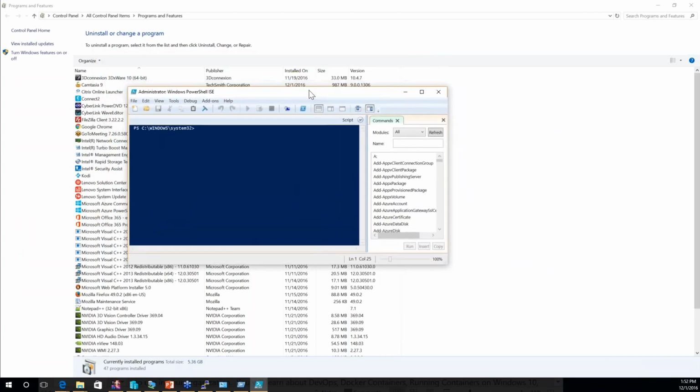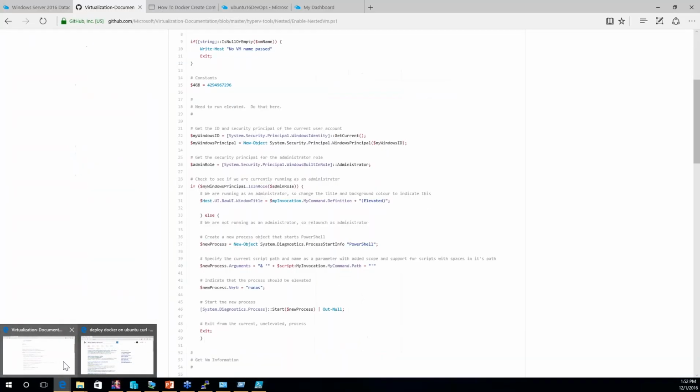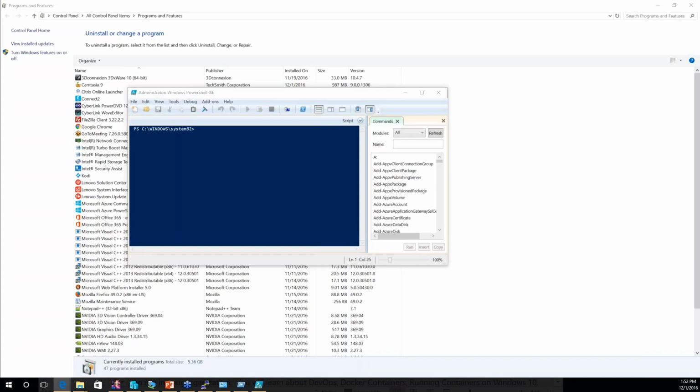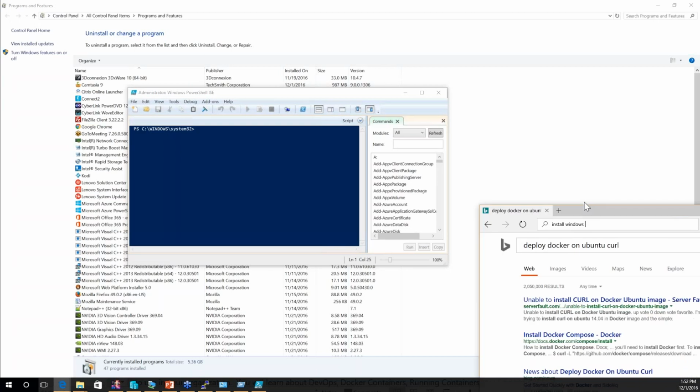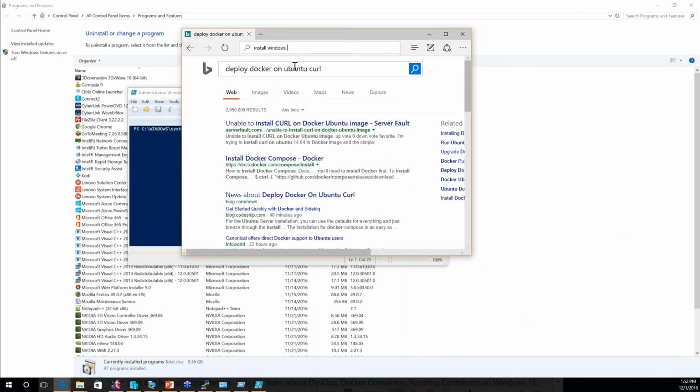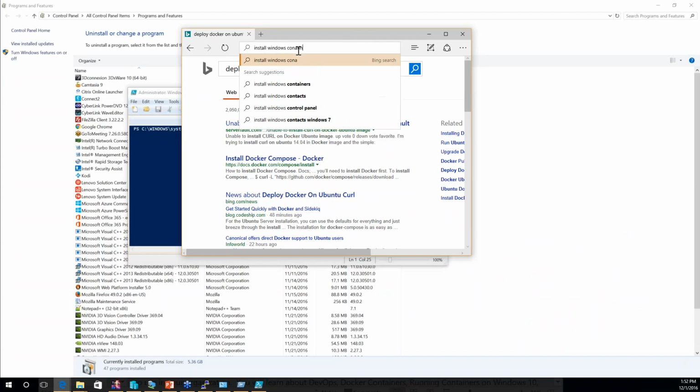And then from here, from an elevated prompt, you have to run the commands to actually deploy Docker containers, or to enable containers on Windows. So if I go to install Windows containers,